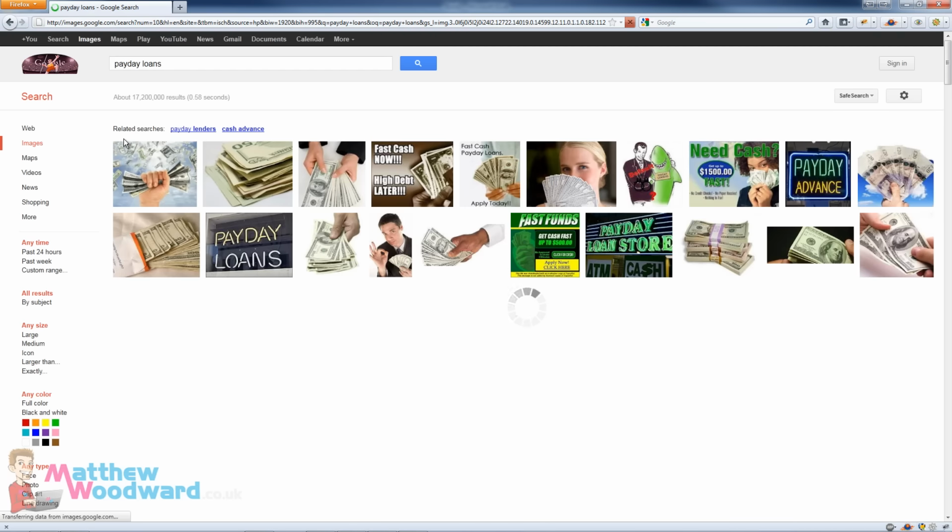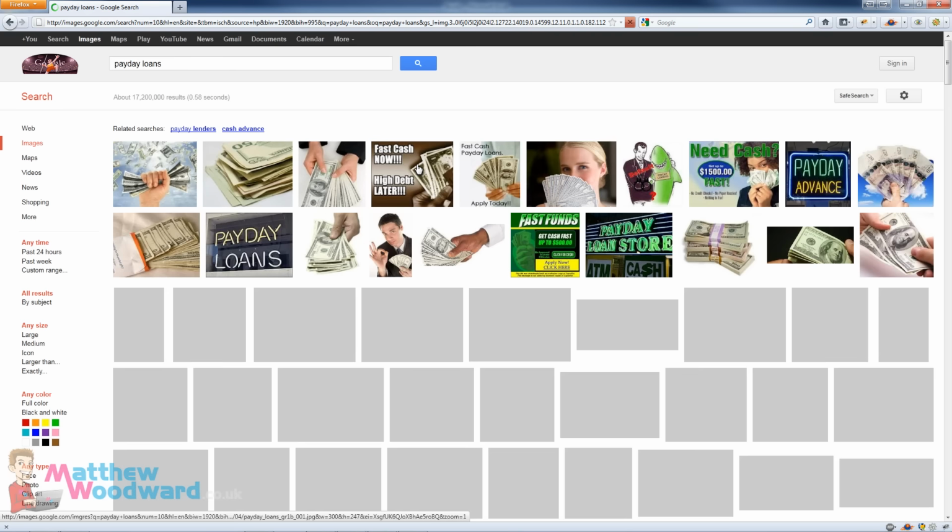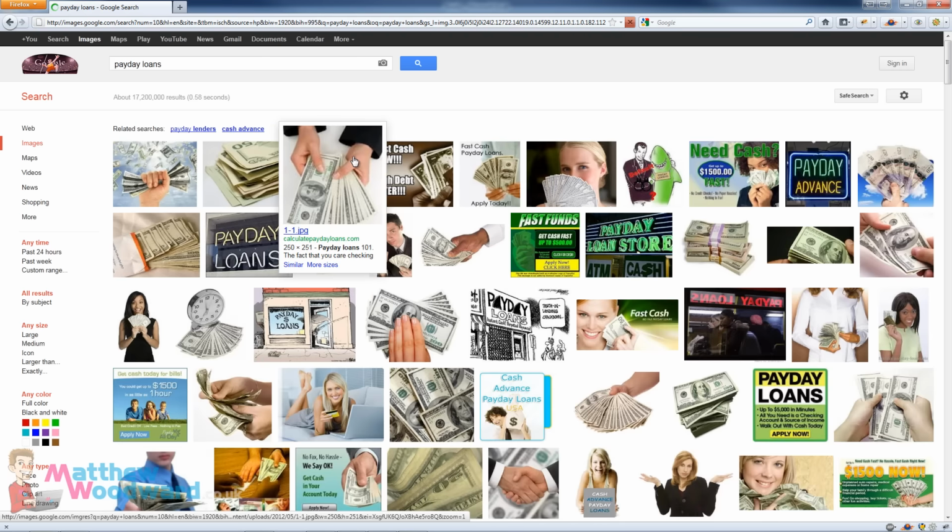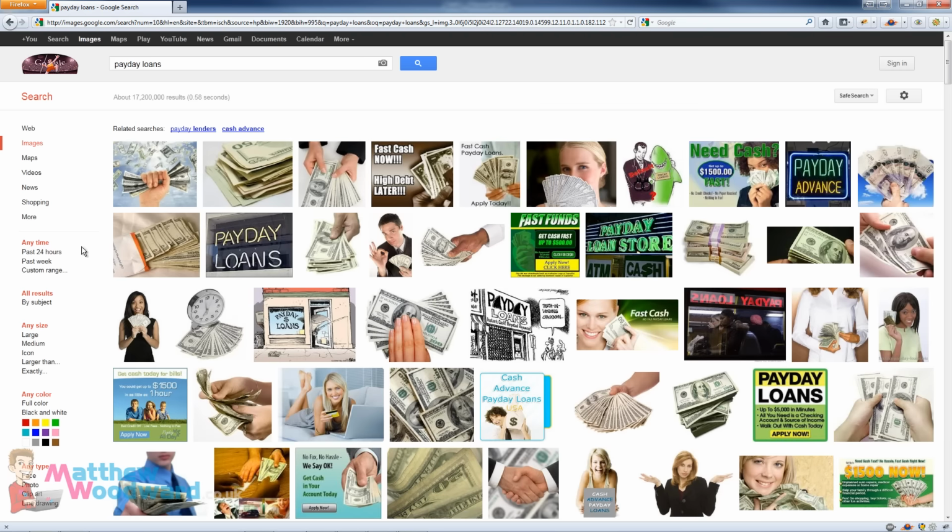But here's a little trick. Most of these are going to be too big when you post them on your blog, so they're going to overlap and not look very good at all. So a trick I use is if you come down to any size here and click medium,